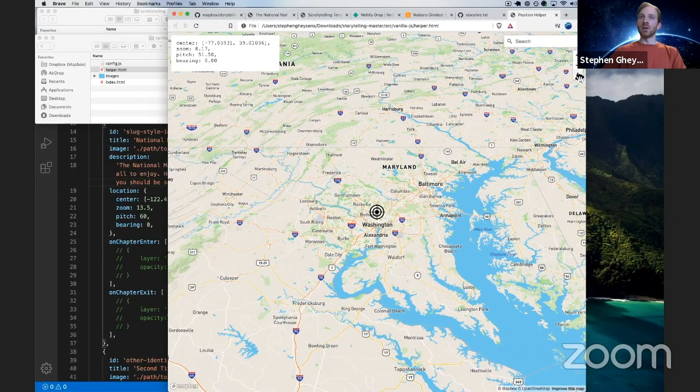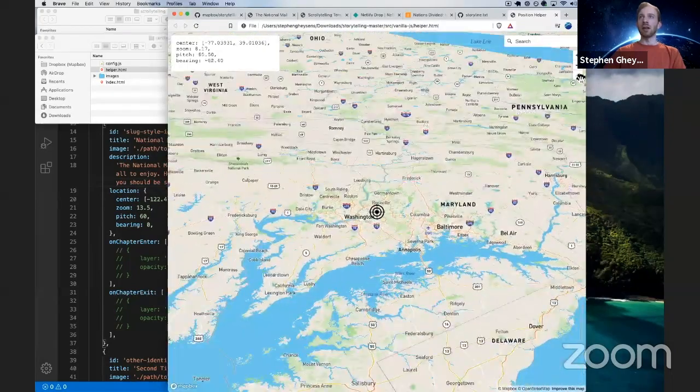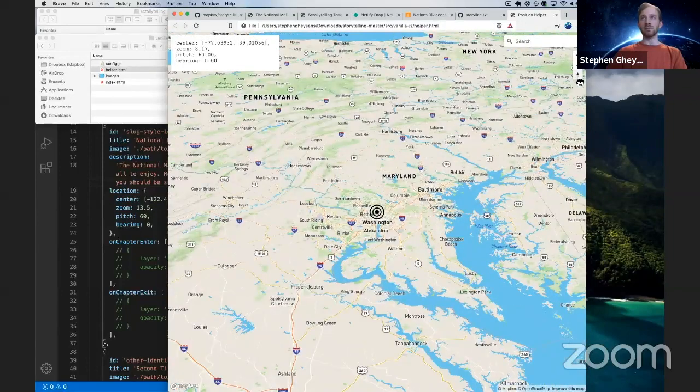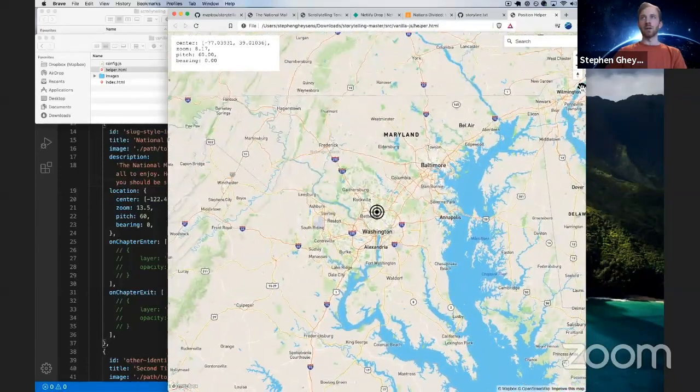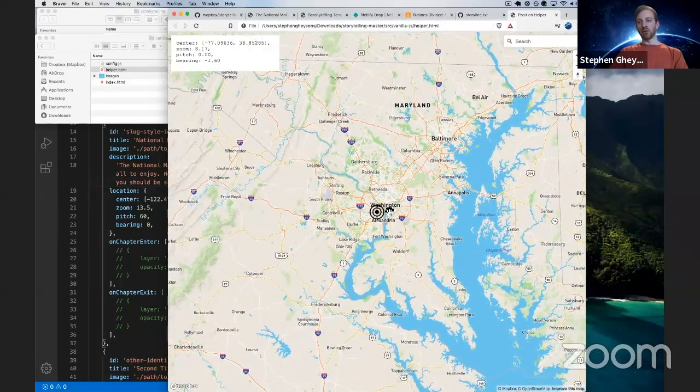So this is the bearing tool that I'm talking about. If you were to change how the map looks, what angle you're viewing at, if you click on that, it'll help reset you. And then I'm just clicking and dragging to reset to this kind of top-down view that you're used to seeing